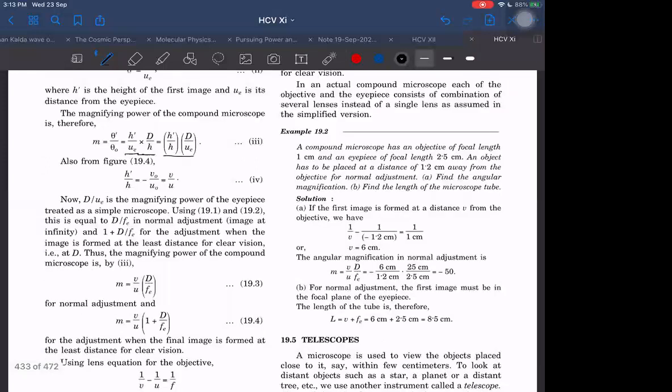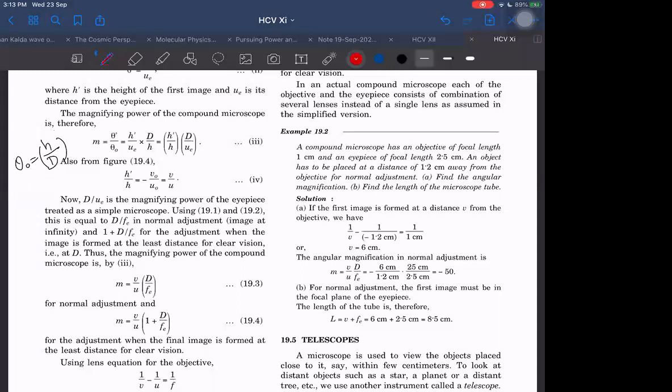You know, that is by definition only. Here they have not written. We already know theta naught we define as when we see with the naked eye some object which is kept at a distance of D. That is by definition only, not u naught. That is by definition h by d. I told you what is the maximum magnification that we can see for an object with the naked eye. This is theta naught, the maximum angular size of the object which I can see with the naked eye, that is h by d. As compared to that maximum size, what we are seeing now should be regarded as magnification. Understood?